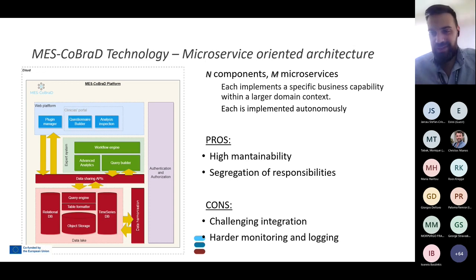Of course, as everything, it also has some cons. One of these is the challenging integration. The integration among the components is a big challenge because it's not always so easy. Many times there is what is called